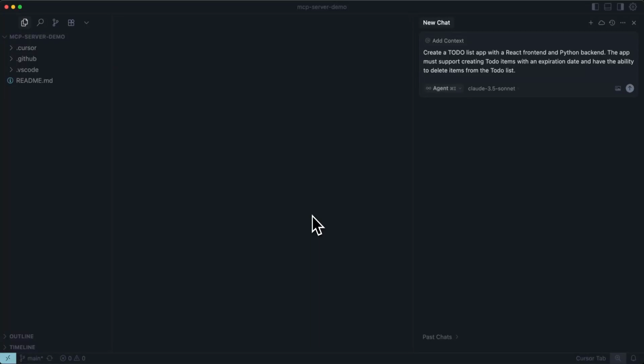Okay, so we're in Cursor, and let's try to vibe code an app together. What we see here are the requirements for this application that I'm going to give to the agent. I want it to build a to-do list app. I specifically want it to have a React front end and a Python back end, and then some details around